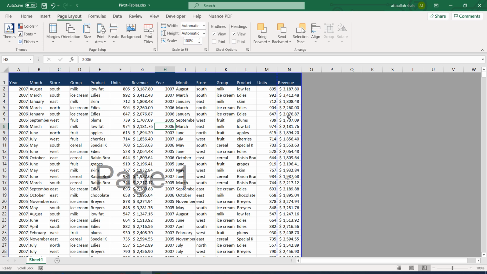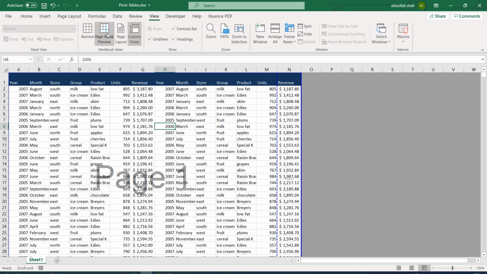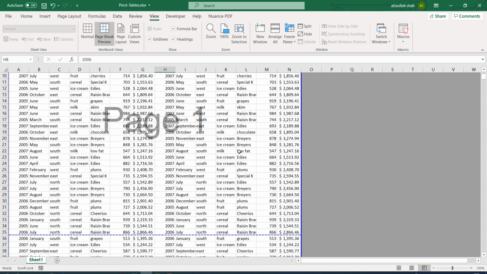So what we can do, if I go again to the view menu and click on the page break preview, I can drag this line toward the end, and now I have actually included this last column as well.